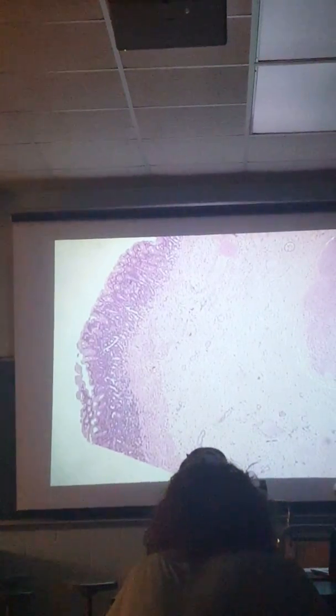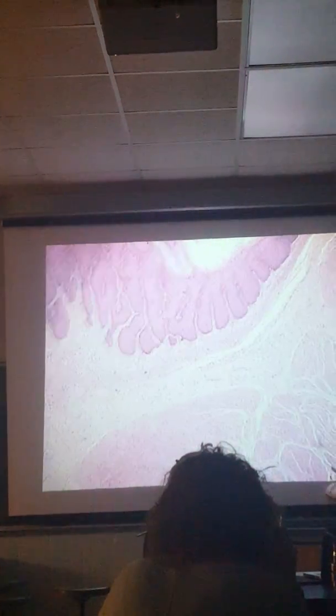Now we're going to go from esophagus to stomach. So stomach, this is where absorption starts taking place, right? So what type of epithelium is associated with absorption? Cuboidal, columnar, or squamous? Columnar. In this case, we're going to associate columnar with absorption. So we're going to see a transition from columnar, or